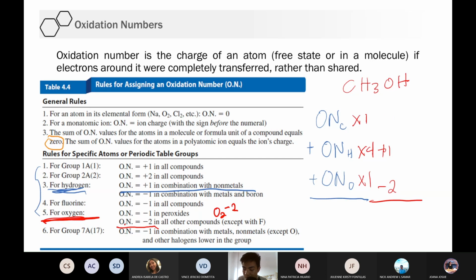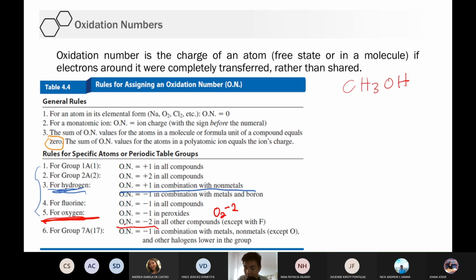Okay? So, ibig sabihin, pag pinag-add ko yan lahat-lahat, ang total answer should be 0. Okay? It should be 0. Okay, so do we know the oxidation number of hydrogen? Yes, no, alam natin. Sabi natin, positive 1 yan kanina. Do we know the oxidation number of oxygen? Yes, that is negative 2. Now, we can solve for this. Okay? Let me rewrite this in equation form. Rewrite ko lang siya in equation form para mas malinis.